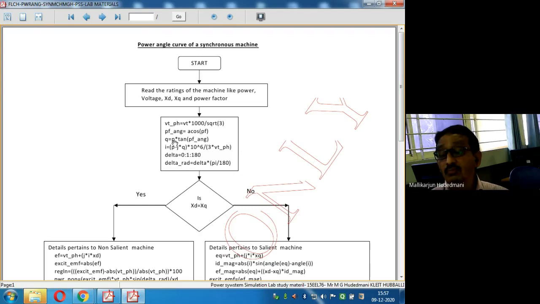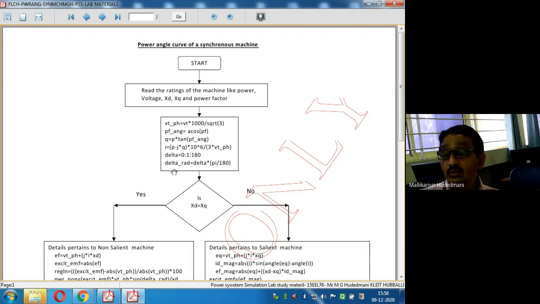So there are many methods to do it. Once I know P and once I know Q, current I wanted to calculate by this way. So there are many logics to do it. One way of doing it I presented to you. Then once I got these things, my next calculation is power angle plotting. For angle delta from 0 to 180 degrees in increments of 1 degree each, what will I be doing? Delta is an operator. Delta I am defining as 0:1:180. It means 0 to 180 in increments of 1 each, in terms of degree.